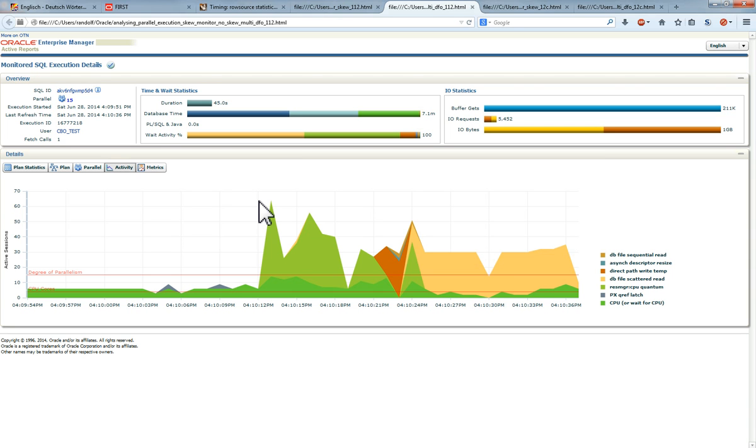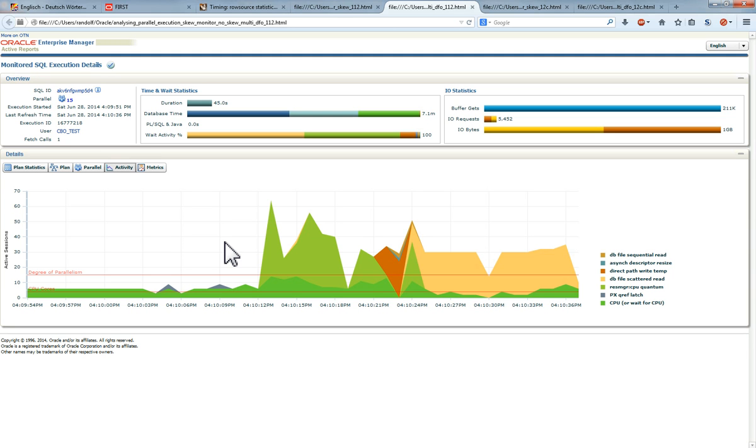There are actually two things that should be pointed out. The first thing is that if we look at this activity pattern here that is shown by the real-time SQL monitoring, again it looks pretty obvious that we have a problem with skew, right? Because we have this initial period where it says a degree of 15, but we have far less than 15 servers active on average. And then we have a period towards the end of the execution where we have a lot of activity,